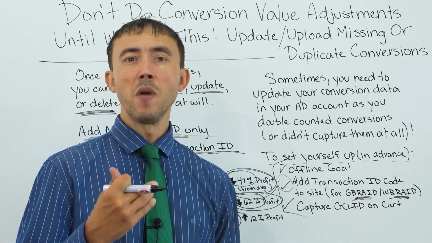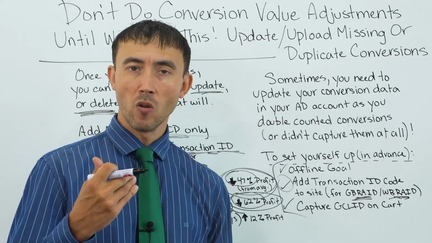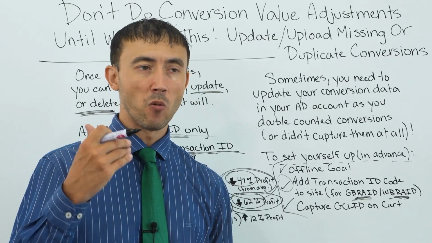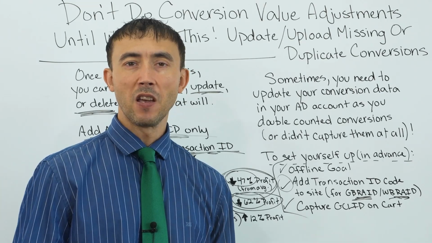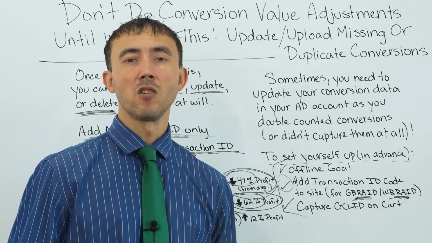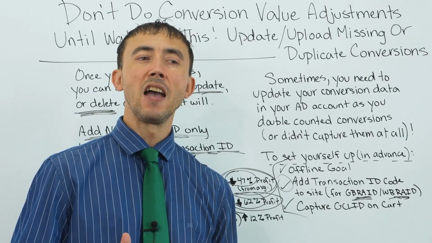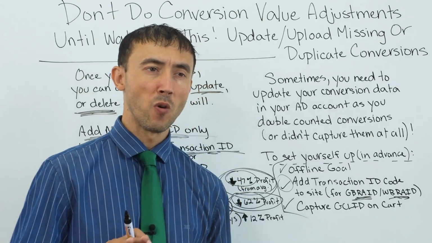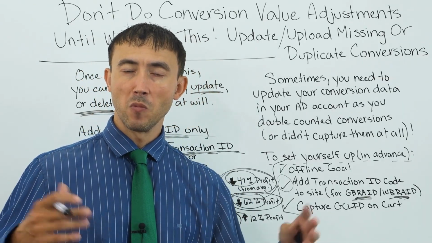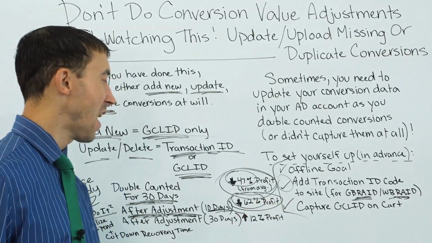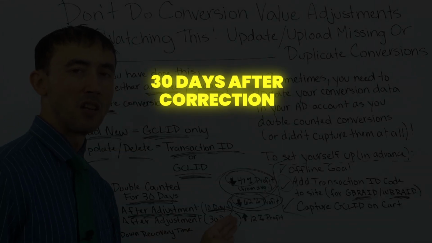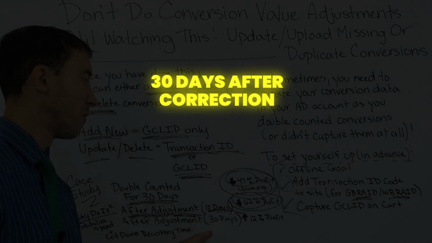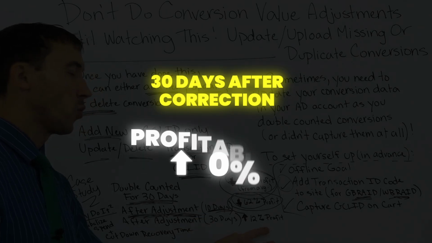The reality is when you make a change in Google Ads, it's always going to cause negative volatility. I don't care what change it is. If it's significant by any measure, it's going to cause negative volatility, which is why you don't want to make changes unless you have to. You have to think through your changes well before you do them, but you've got to make changes to make an improvement in an account. With that said, 30 days after we made the adjustment to knock off the double conversions, we had a 12%